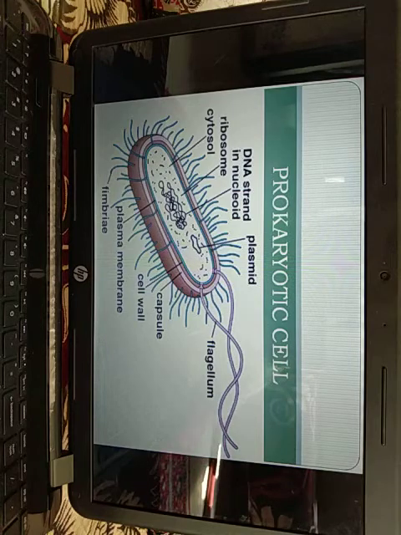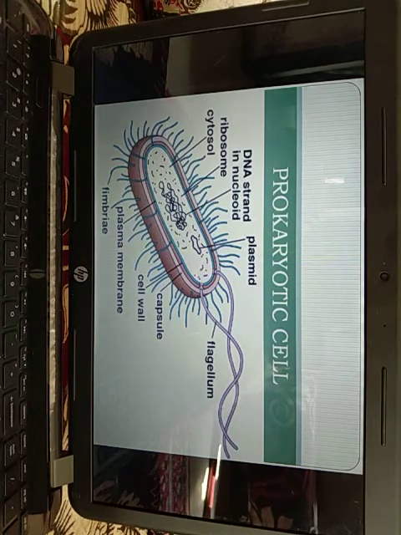Next we have the plasma membrane. It is the selectively permeable covering of the cytoplasm that forms the innermost component of the cell envelope. The bacterial plasma membrane, or plasmalemma, has a structure similar to that of the typical membrane. It is made up of a phospholipid bilayer with proteins of various types: extrinsic, integral, transmembrane. It holds receptor molecules for detecting and responding to different chemicals of the surroundings. The bacterial membrane is metabolically active as it takes part in respiration and synthesis of lipid and cell wall components.